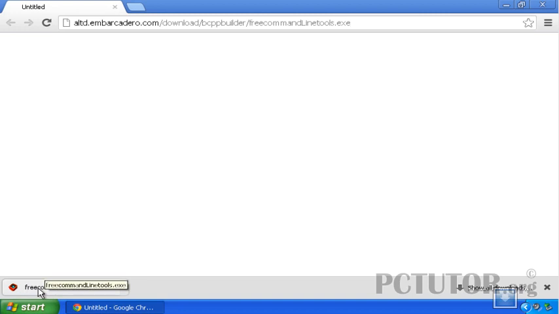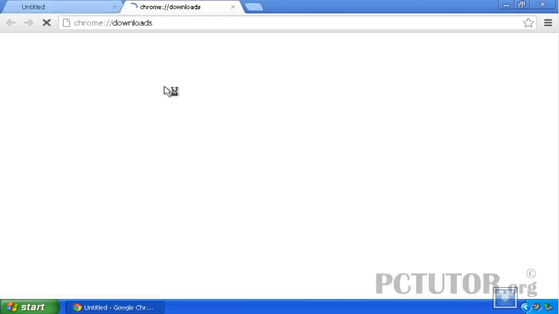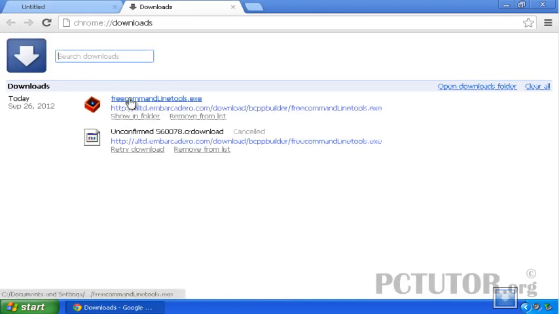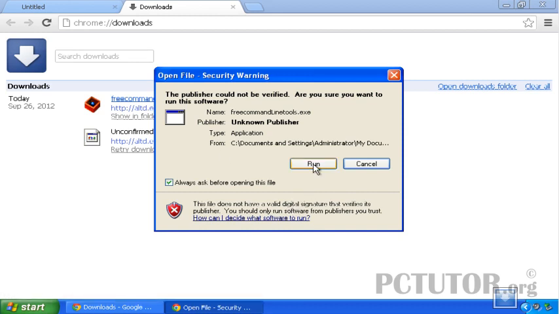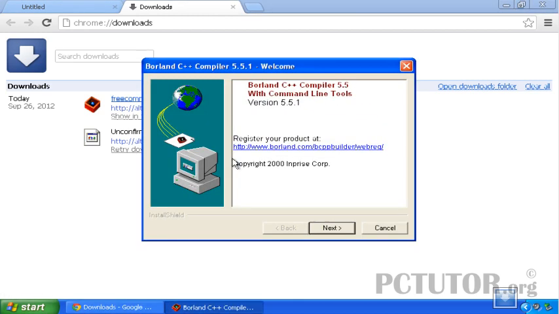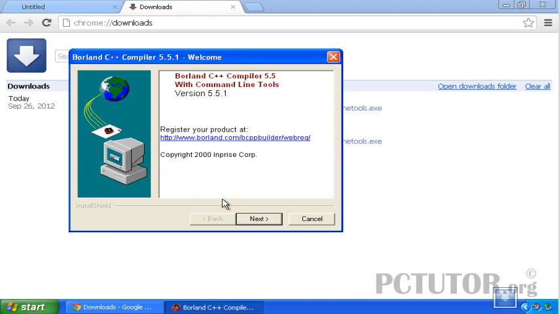Okay, so the file is downloaded. Now we can click on this to show all the download files. You can see this is the file, so I can click on this and run the application. Okay, so just click next,